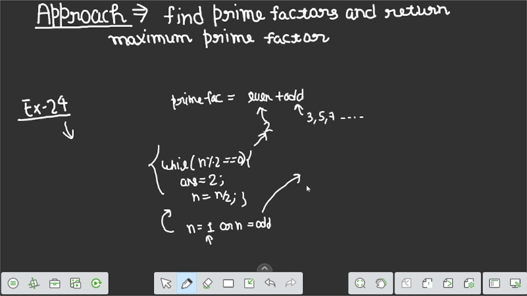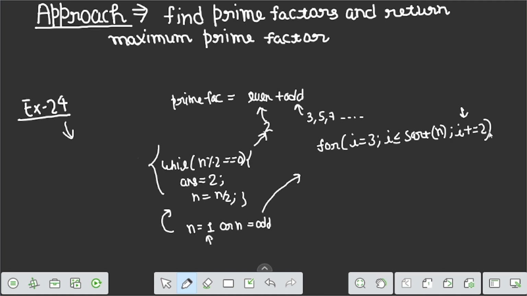If n is an odd number, then for every odd number, we loop i equals 3 to i less than or equal to sqrt of n, and i plus equals 2, because we go through every odd number.